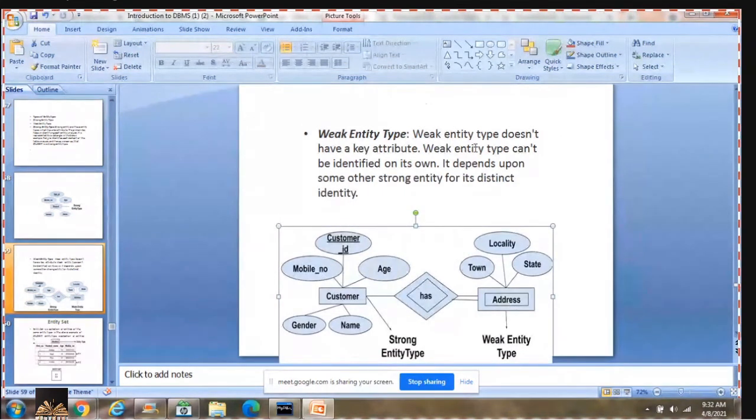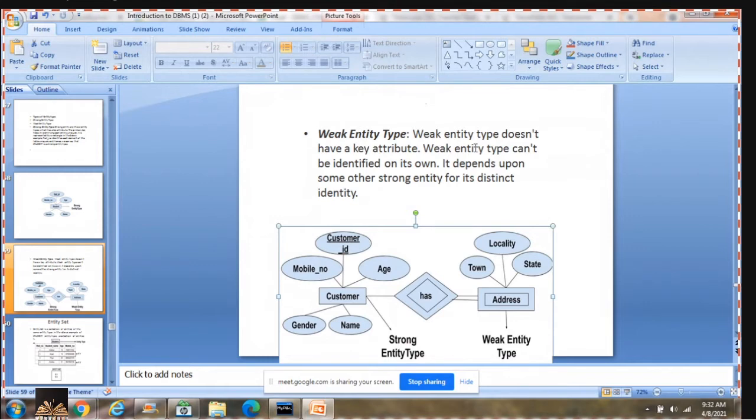If I do not have sufficient attributes to form a key attribute, then that particular entity is called a weak entity.